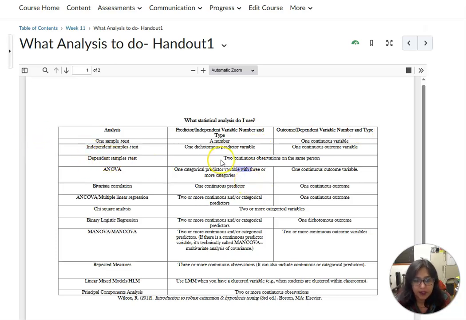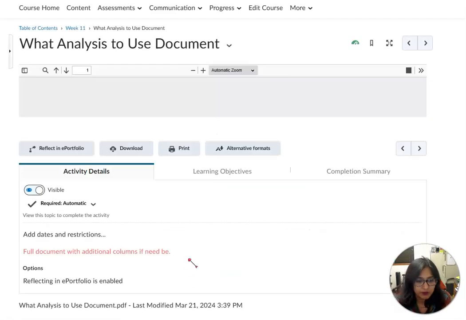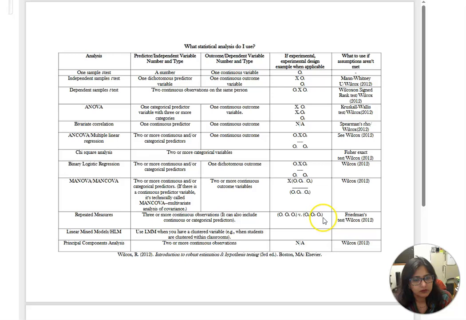Okay. But a dependent sample, you will not have that because you are looking at the same person, pre and post. So this is just the statistical way of looking at it. If these documents are difficult for you, you don't have to use them. This is again another way of showing it, just a different way. It's exactly the same thing, but it has other things, like what are the ways it is done.